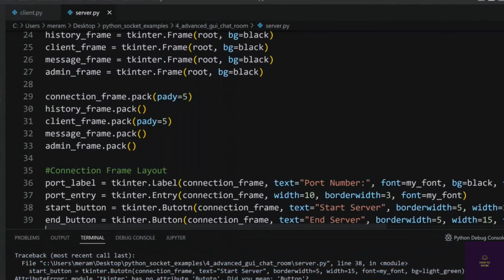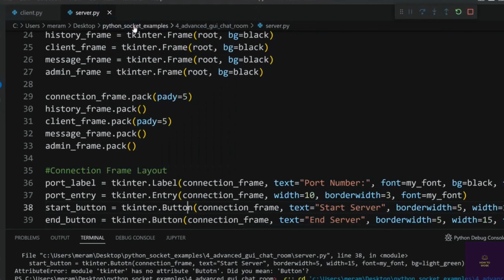Oh, what do we got? An error? Error: no attribute button. Oh yeah, button. I spelled it wrong. Button, there we go. So if I run this right now, let's just think about how we want this layout